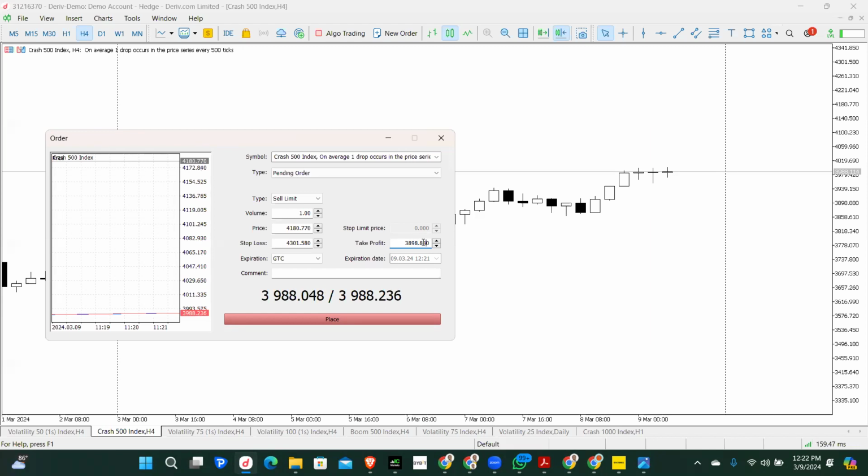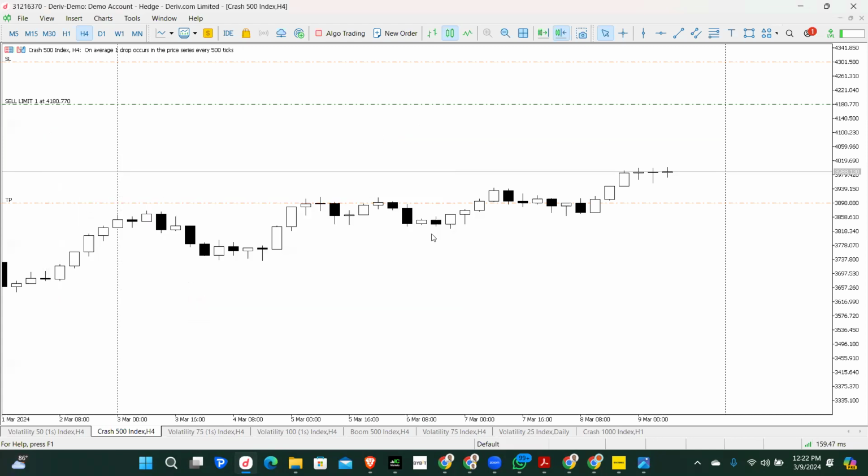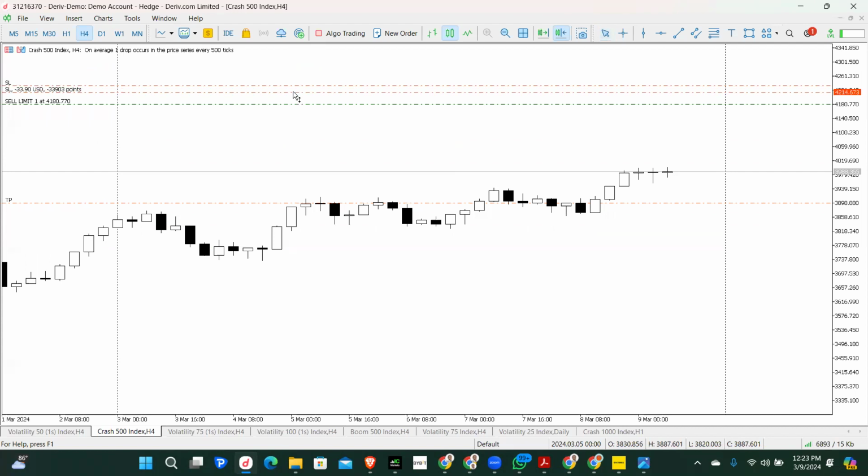We'll still come to that. So when you do this, you see that the market has placed the trade. Your stop loss is above, while your take profit is below. If you try to make a mistake by bringing your stop loss below, it will not work. But if you are bringing your stop loss to any price, as long as it's not below the entry, it will work. But you can't bring it below.